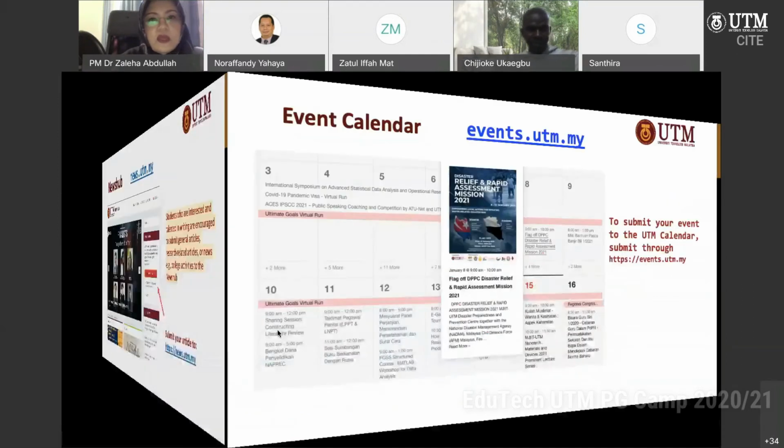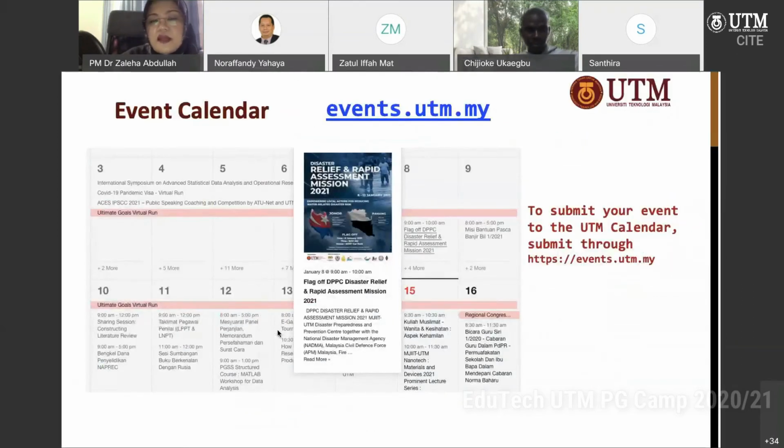All right. This is the event calendar. I'm aware that some students are quite active. They like to organize certain event gatherings. So if you don't want that event to clash with other events, you can just simply check first. Go to events.utm.my. As you can see here, the whole of January is quite packed.